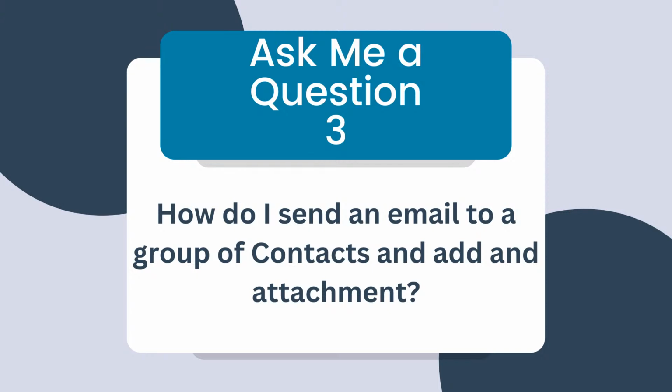We're going to tap on Compose. And now when you want to send a message to a group, instead of typing in contacts, you want to type in the name of the group. So if I start typing in test, you're going to see that that appears. If I type in wedding,